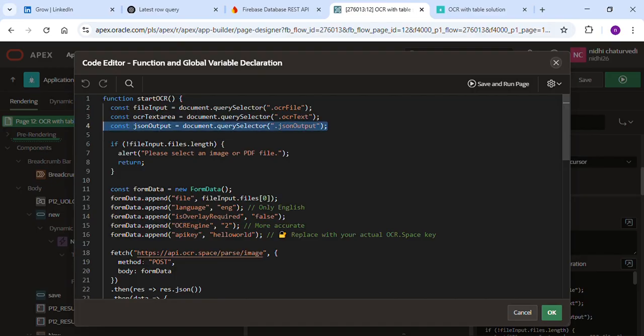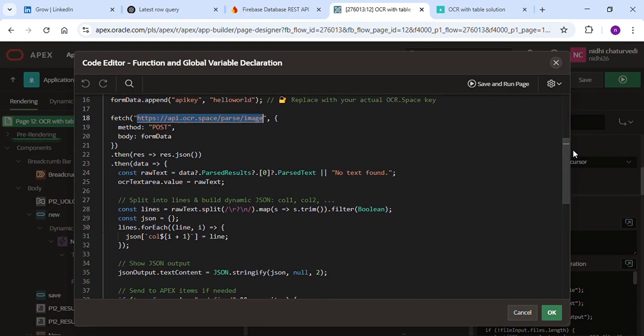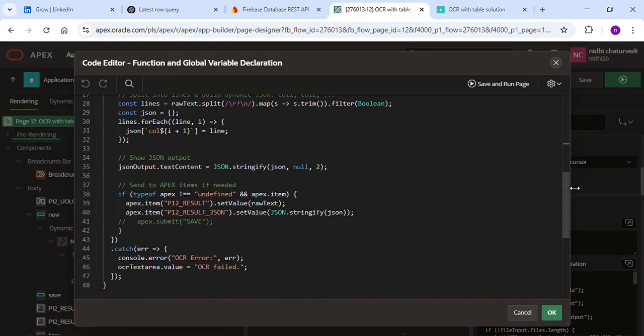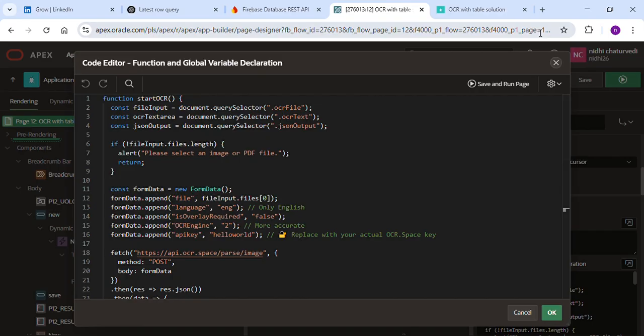So I am using the OCR image parser Flash API and this is split into other things like this one, this one, this one, and these two items I have the to the text and to the JSON,